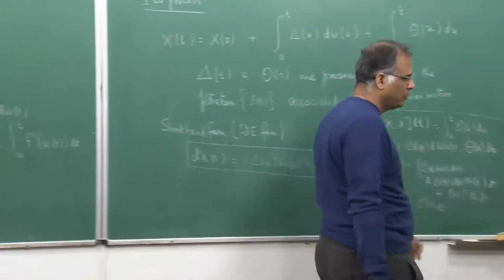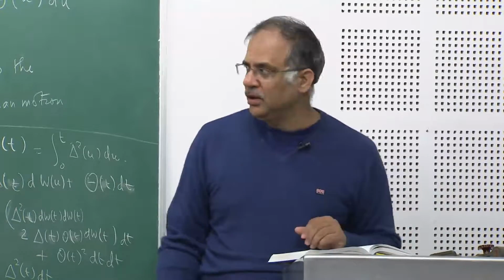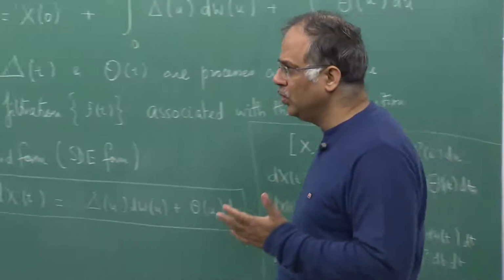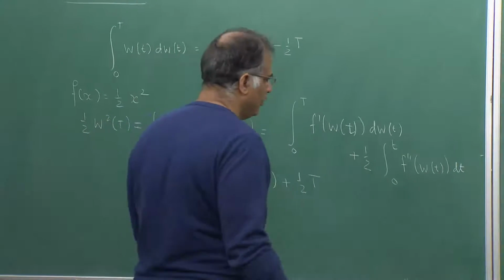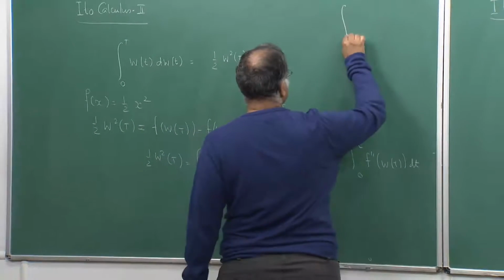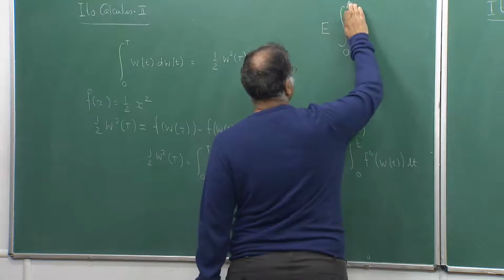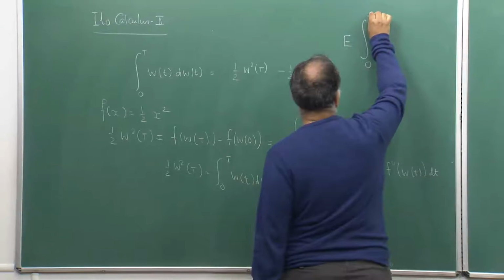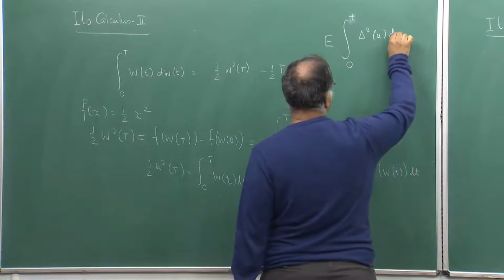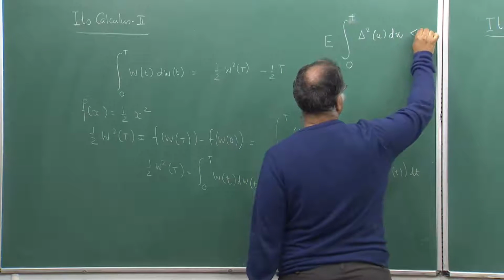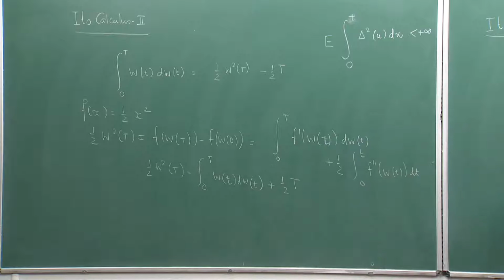Okay, I could possibly go by the more deeper thing. Always know that when you are talking about the Ito integral of a general function, you should always assume this is always strictly less than plus infinity. Here the expected value of the